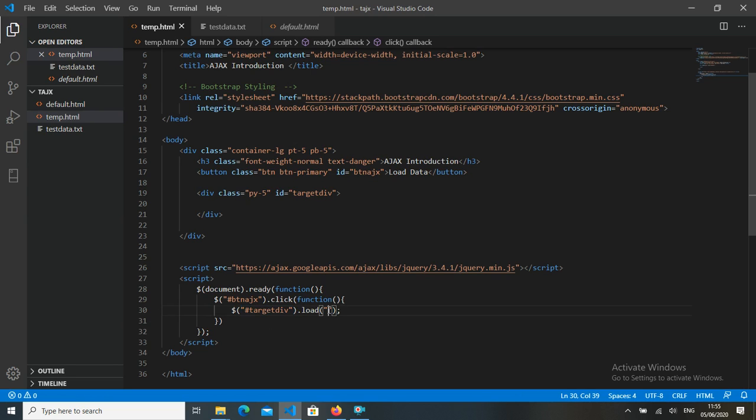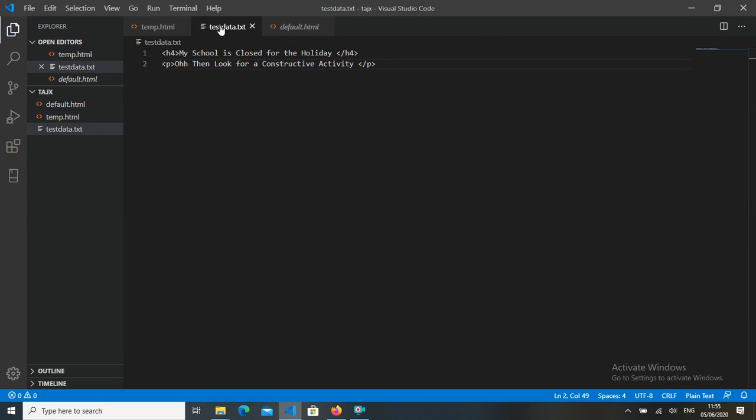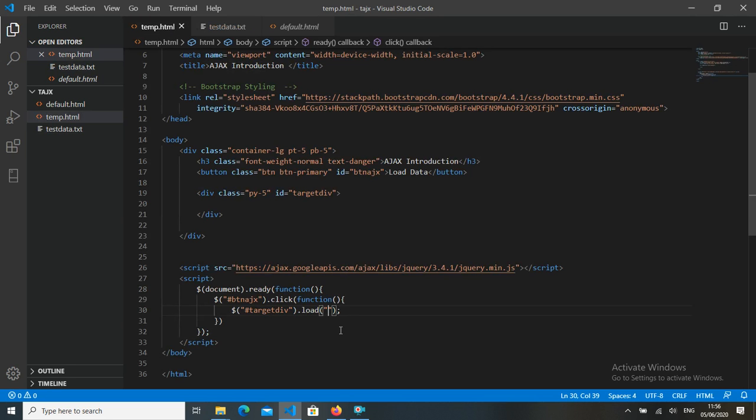Inside here, we are going to give a URL to certain data, or it can basically be a path to a file that contains some data that we want to load into our file. In this case, I had already created a test data.txt, a text file with some data inside, as you can see. So we will load this